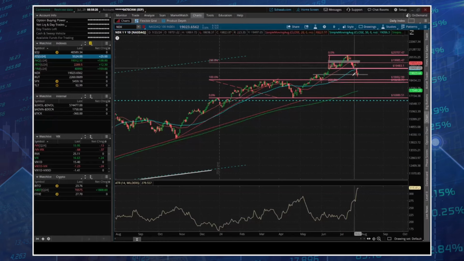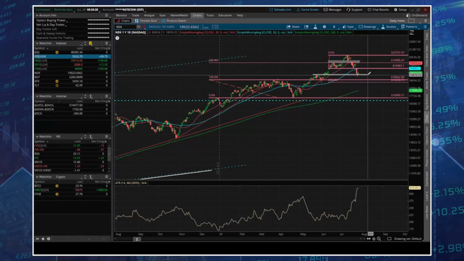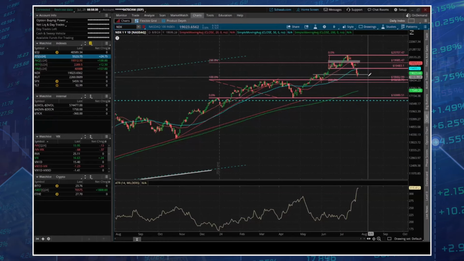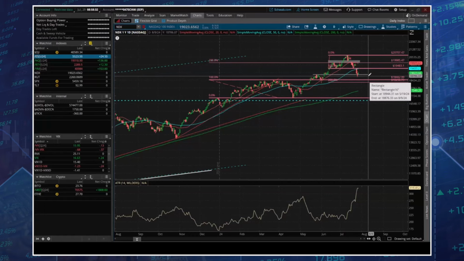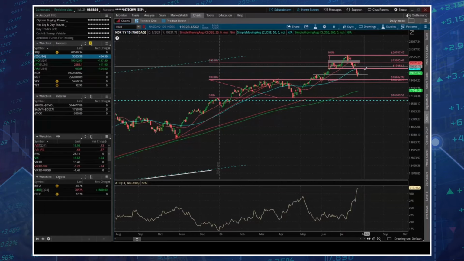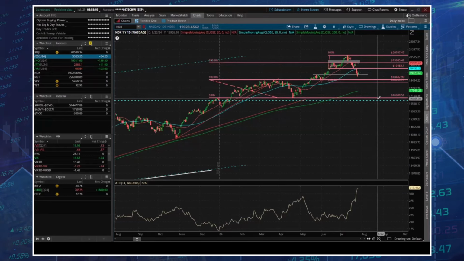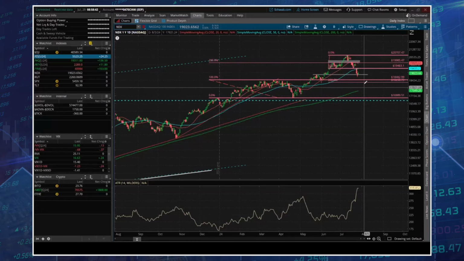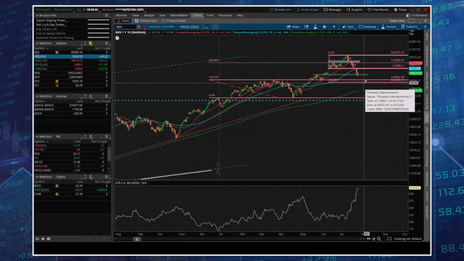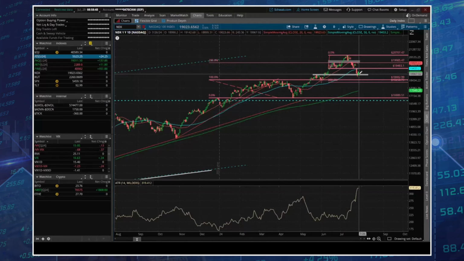So we have to consider that a very high probability move for the week, and how we position for that, that's a different story. That's going to be considered a very high probability move for the week. A breakdown to this area is pretty serious, implying we're coming all the way back down into here. So a lot of times what can happen is we can see certain things happen in one index that precede what might happen in the other index. So for example,